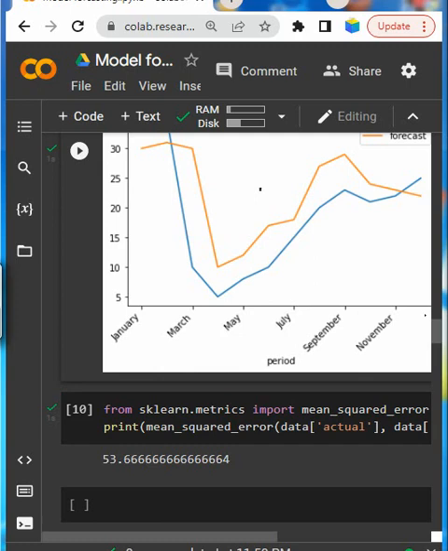The same process, if I am using Python, we can do within a second.